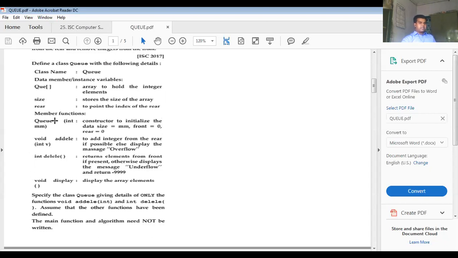How will you identify a constructor? Sneha, if I ask you the question. A constructor has the same name as the class. And a very common mistake which you made in the pre-board exam: a constructor has a return type?